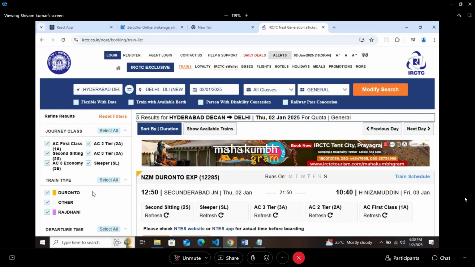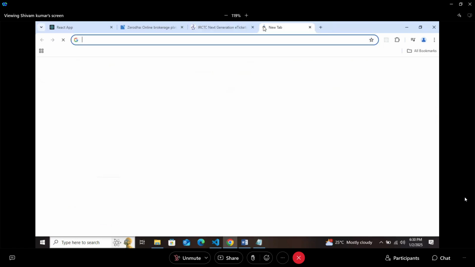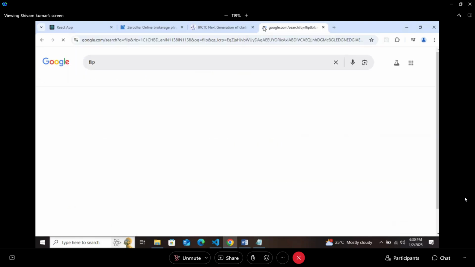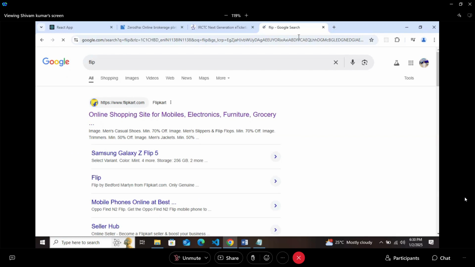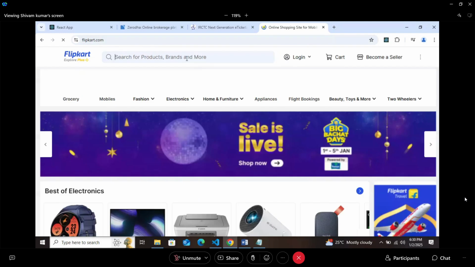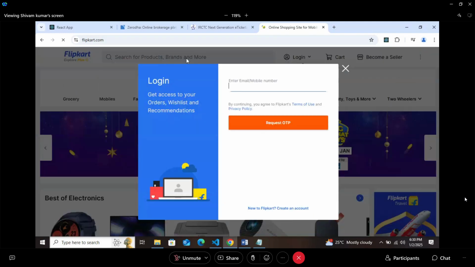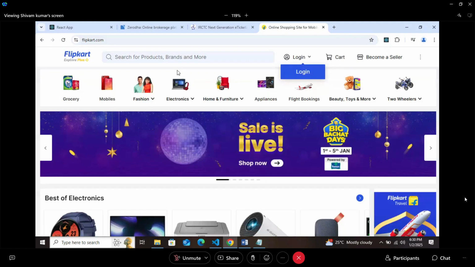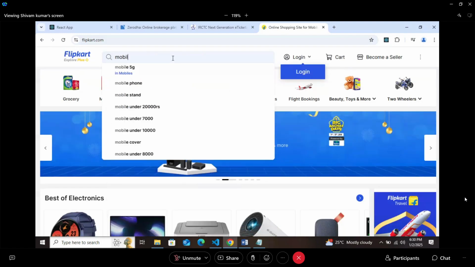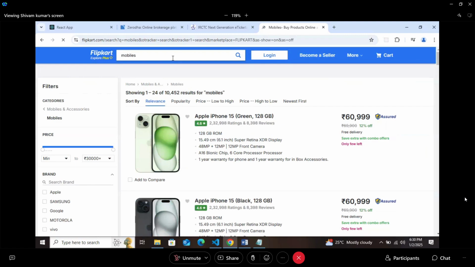If I want to select a filter here, now the same thing, let's do it on Flipkart. Now we will not search for a ticket there, we will search for something else. Let's say mobiles. Saw some difference?